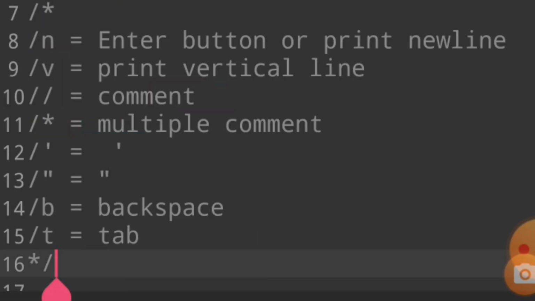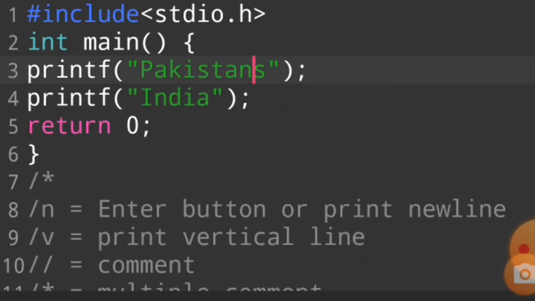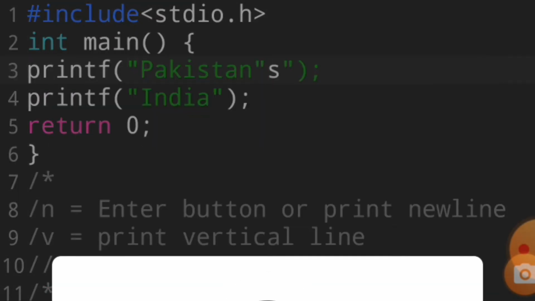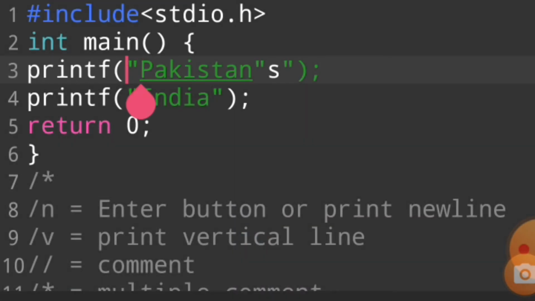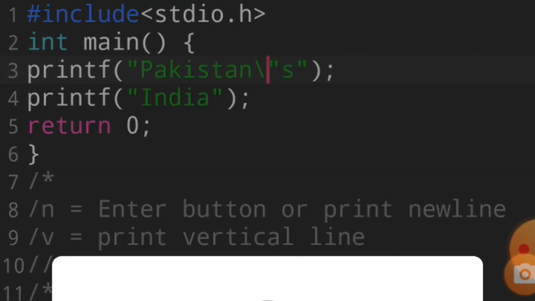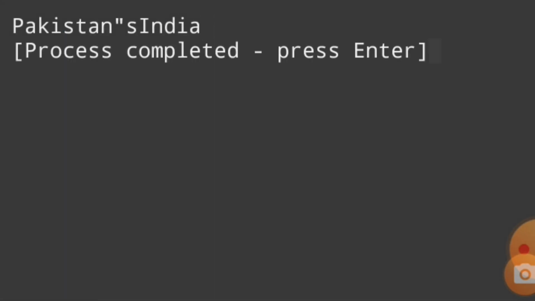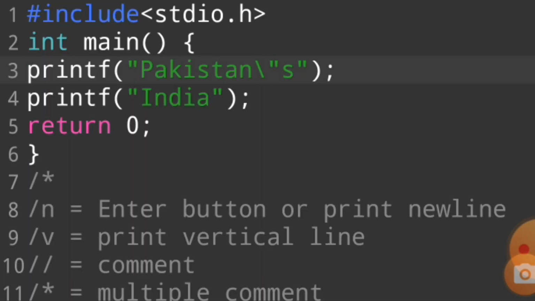If I want to use a double quote in this case and run this program, it gives me an error, because our compiler can't understand whether this double quote starts in this area and closes in this area or in that area. So our compiler is confused. I want to print \", so if I run this program, the double quote is also printed. Pakistan's India.